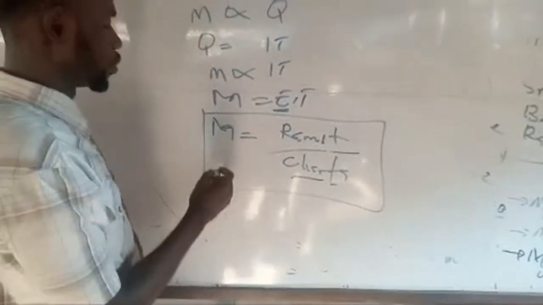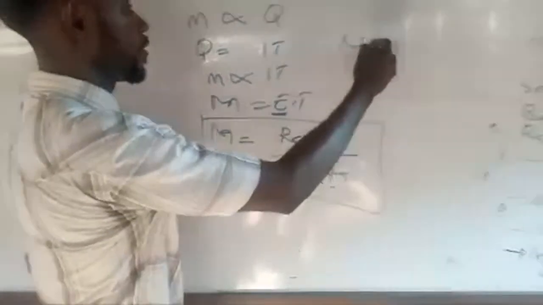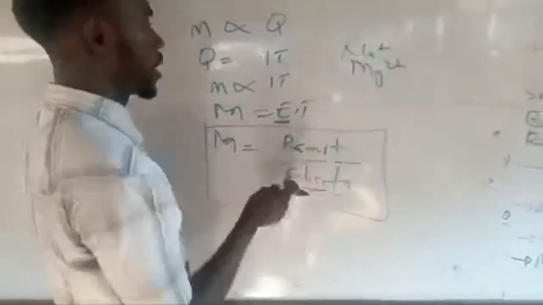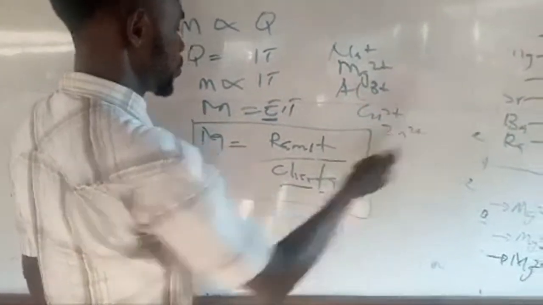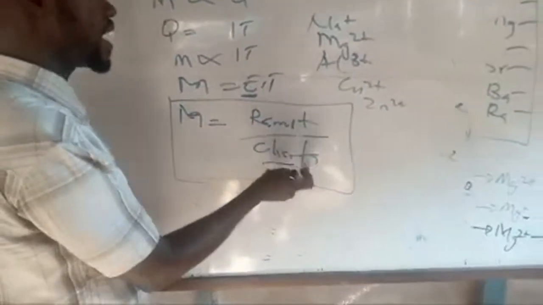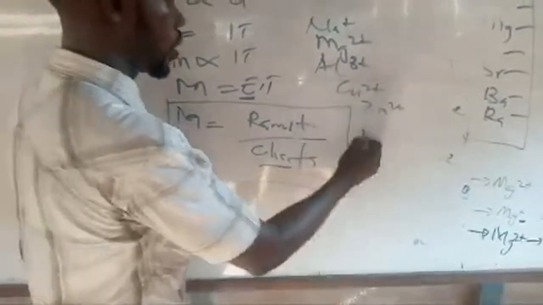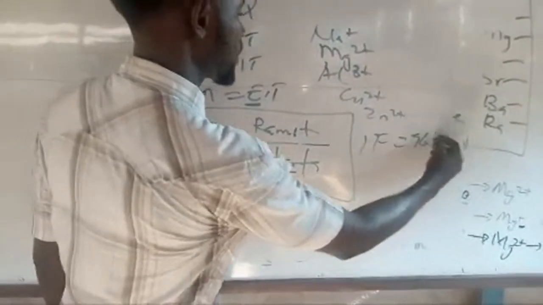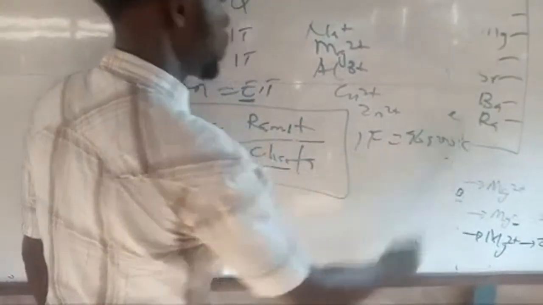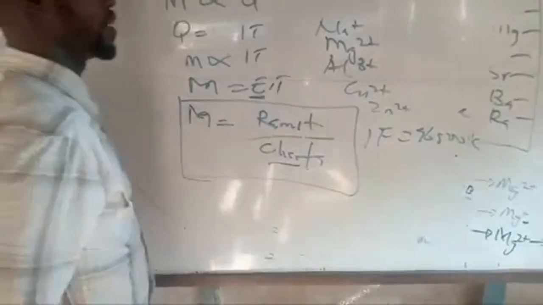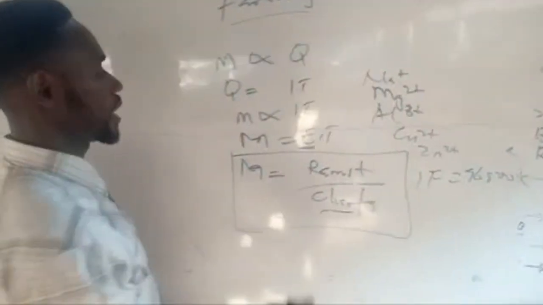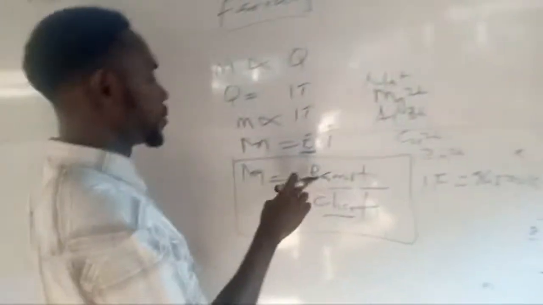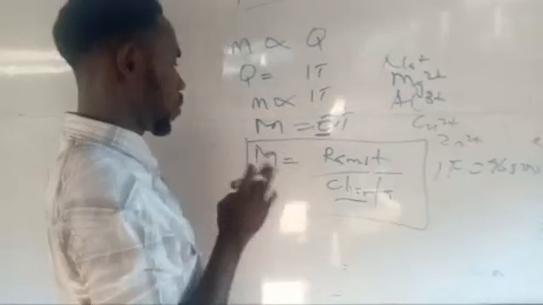If you are talking about sodium, you use 1 here because sodium has +1. If you are talking about magnesium, you use 2 here. If you are talking about aluminium, you use 3 here. If you are talking about copper, you use 2. Zinc, you use 2. That's the charge. Then Fa here means 1 Faraday, which all of us know is equal to 96,500 coulombs by approximation. But when you watch the video on the first law of Faraday, you find out that this is not exactly the value, but just an estimate. There is a new value for that. But when you use this, it will work out. That's the only thing I'll tell you: whenever you use this, it will work out.